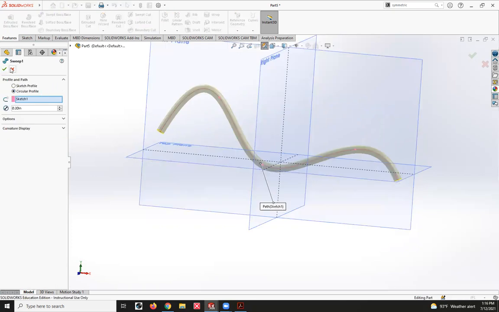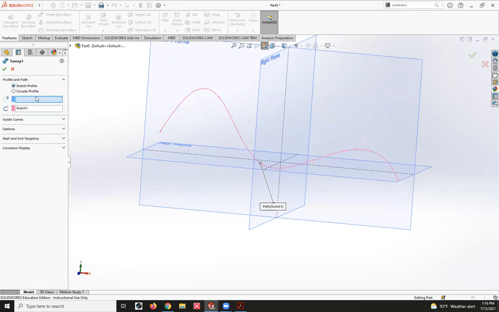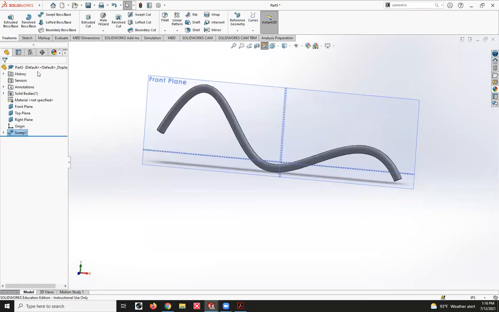But if you need a different shape, okay, that's where you'll need to do sketch profile, and you'll actually have to define that profile using a sketch. And it comes in handy when you want to do that. It comes in handy to